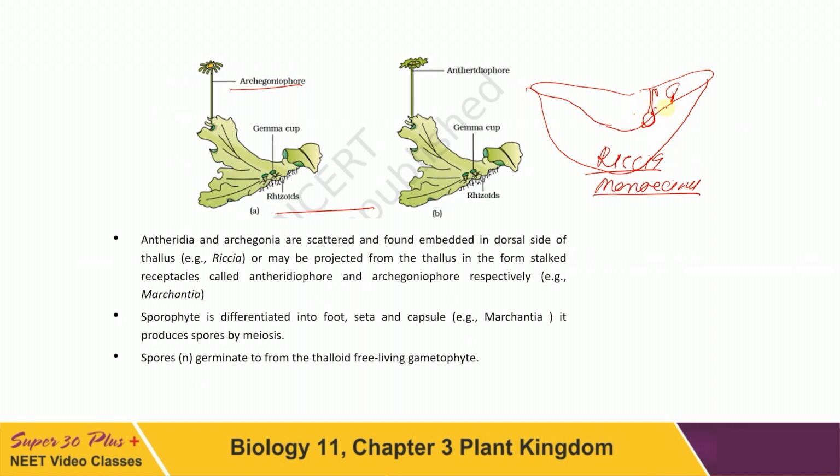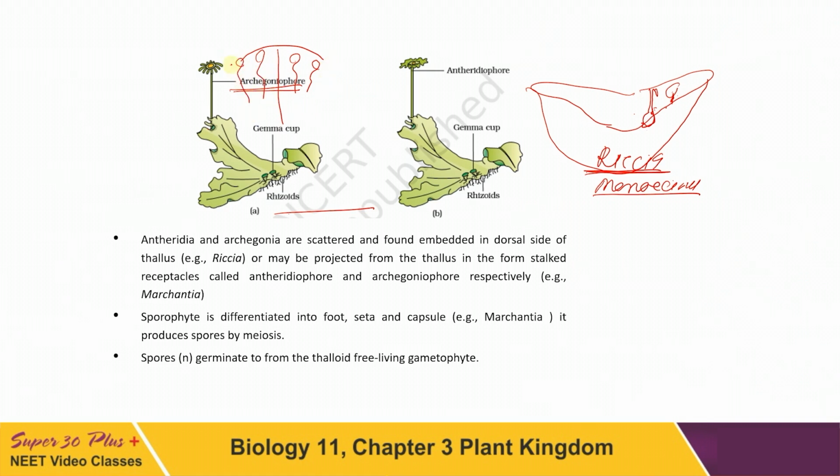These are found inside the thallus in case of Riccia. While in case of Marchantia, what is there? A stalk-like structure will appear, which will become aerial, known as archegoniophore. We have seen on the archegoniophore that this is the stalk, and the archegonia, which are facing